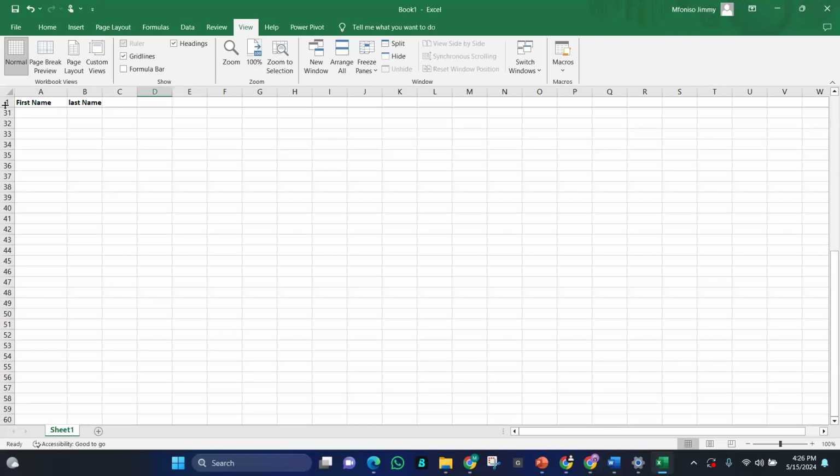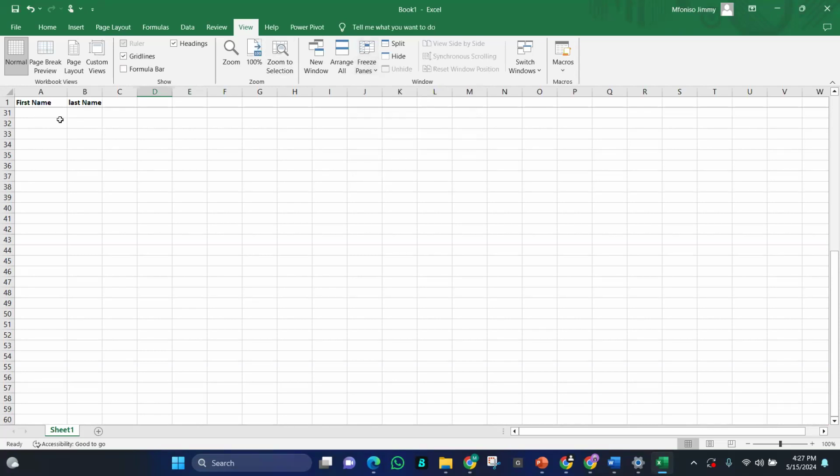My number one is still here. I can still see my first name and last name, but the next number after one is no more two, it is 31. So what this freeze pane does is to make sure that the pane you choose to keep static is static, no matter how many other rows you check.